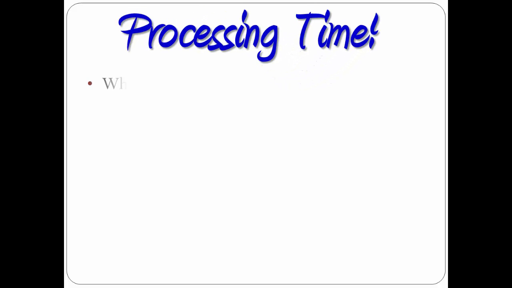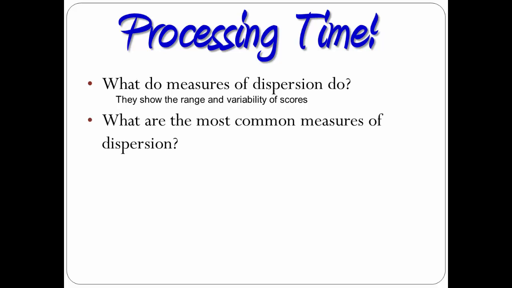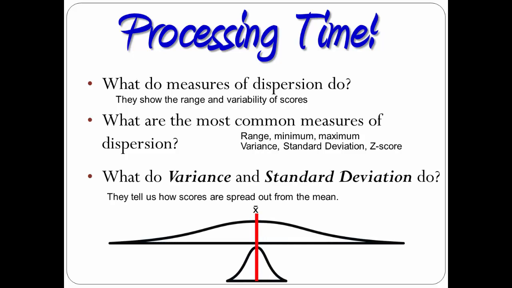Processing time. What do measures of dispersion do? Well, they display the range and variability of scores. What are the most common measures of dispersion? Well, the easy ones are the range, the minimum, and the maximum. But there's also variance, standard deviation, and z-score. What do variance and standard deviation do? They tell us how scores are spread out from the mean. The higher the number, the more spread out the distribution is, while the lower the number, the more compressed the